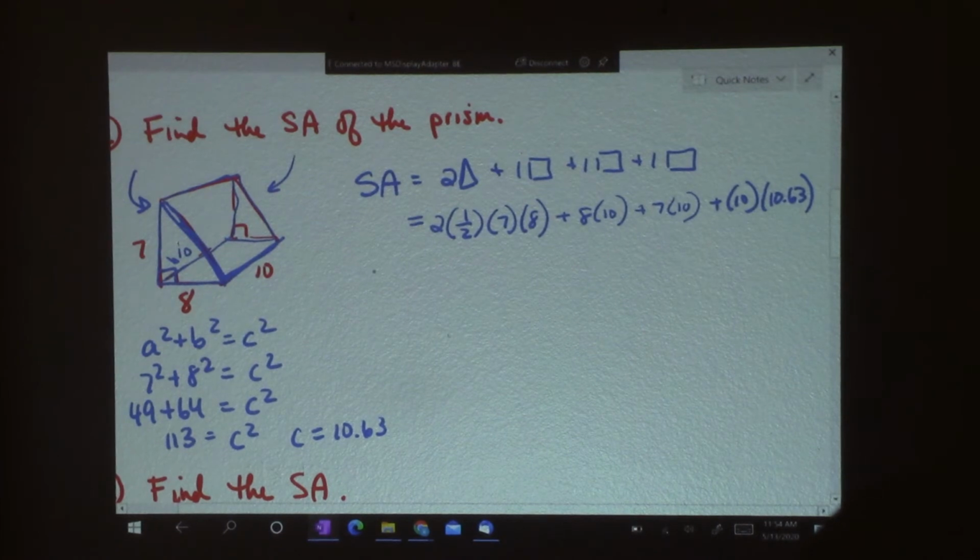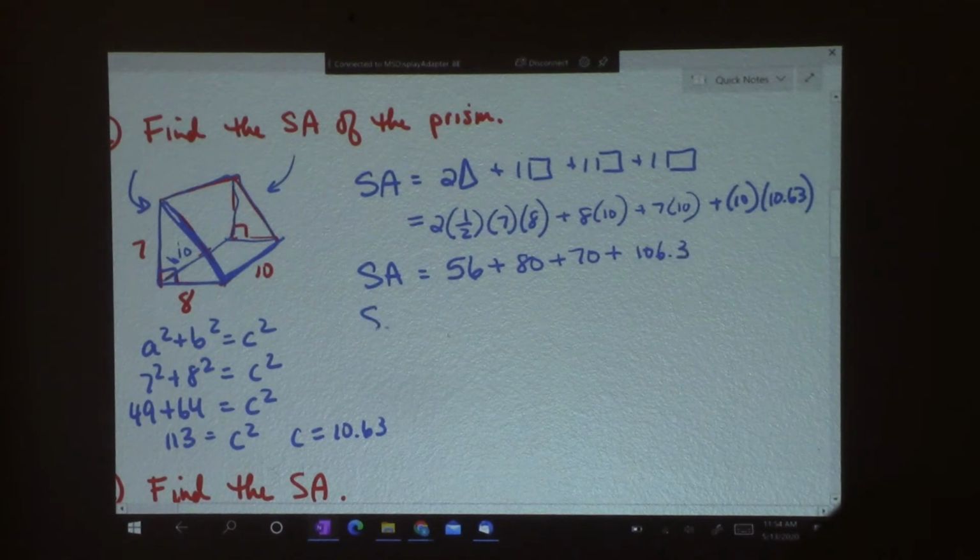Okay, so let's find the surface area. Do you see how it's helpful to have a plan written out? It would be so easy just to drop one of these pieces, and you want to make sure that you don't do that. Okay, so 2 times 1/2, that cancel each other. So 7 times 8 is 56. 8 times 10 is 80 and 70. And then I have